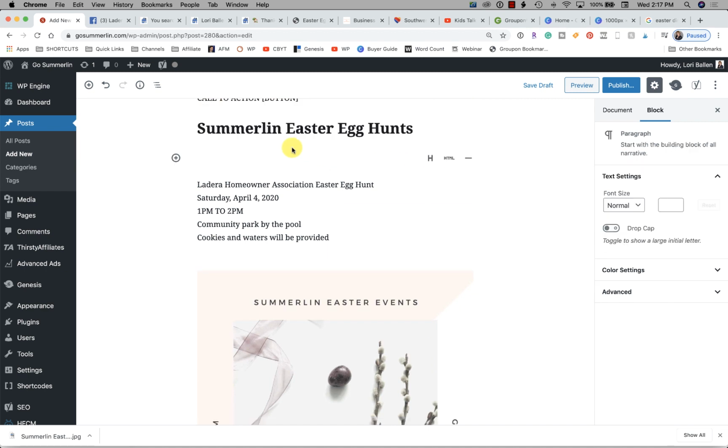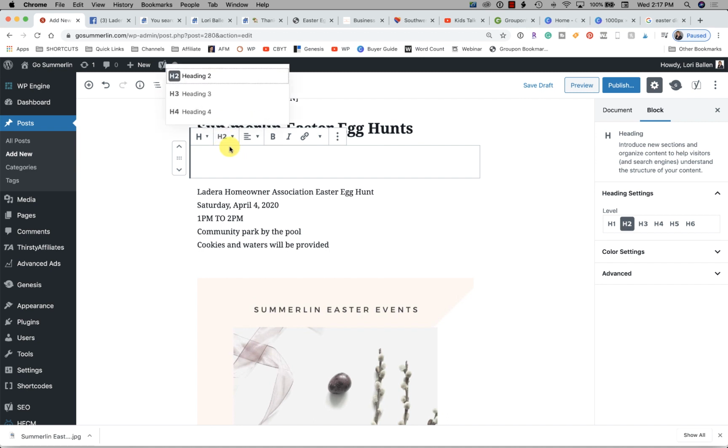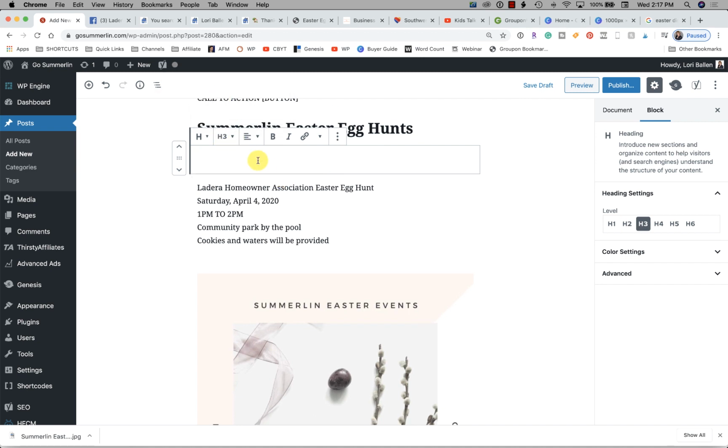Okay, so now the first one on the list, I'm going to make an H3, heading 3. So it's kind of like an outline. The title is H1, then the main paragraphs are H2, and then anything under that would be H3. So Summerlin Easter egg hunts is the paragraph H2. Now I'm going to start creating the list. So I would put Ladera Home Owner